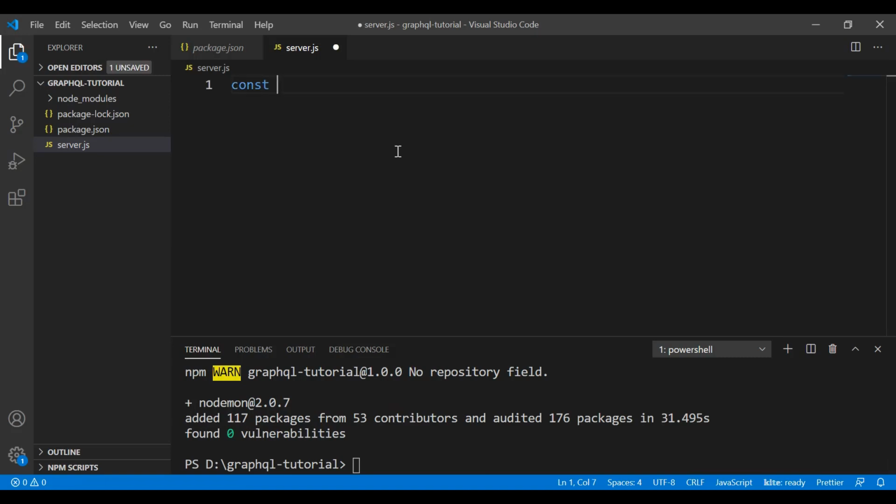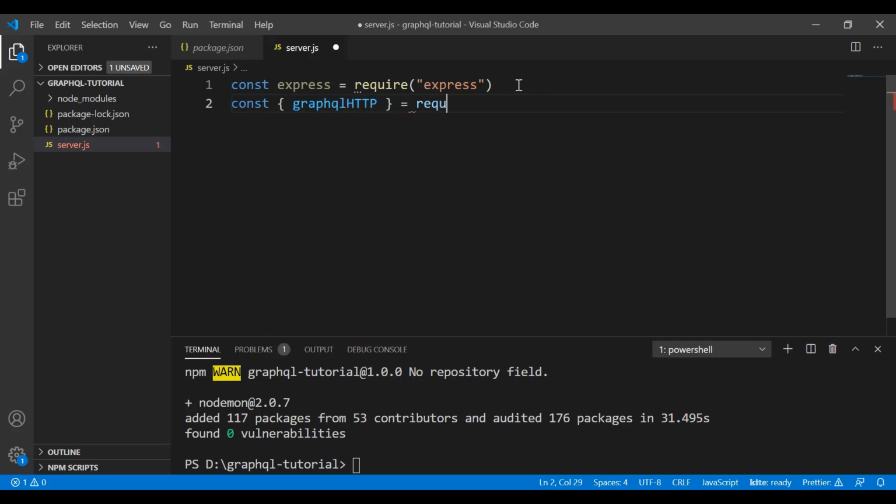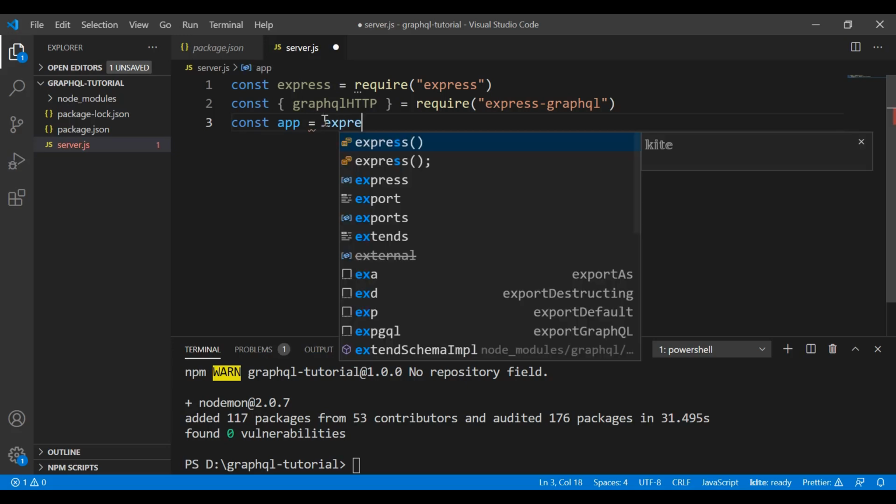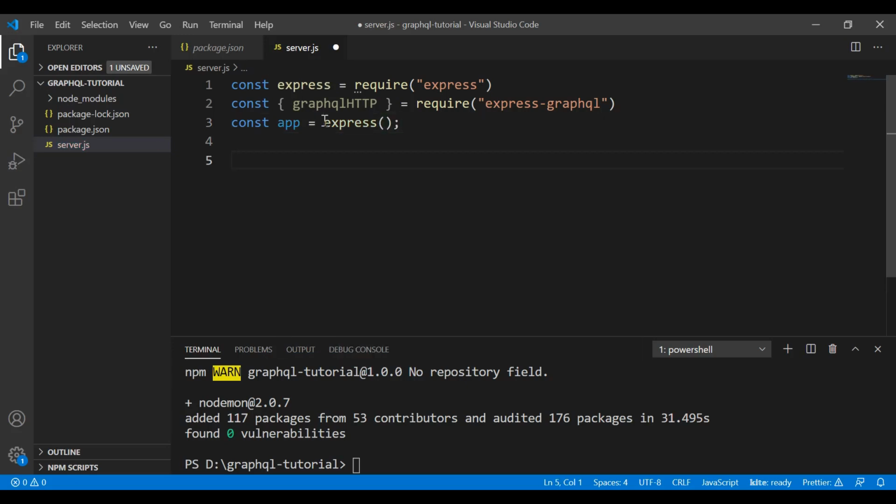On top here, I'm going to import the library we just installed. The first one is Express, require Express. Okay, next one will be the GraphQL HTTP, Express GraphQL, and we need to use the app equal to Express. Down here,